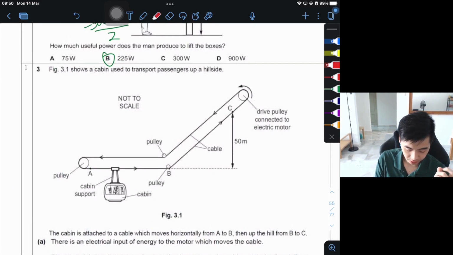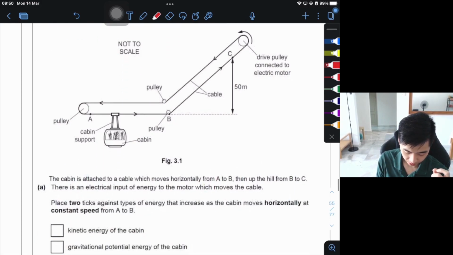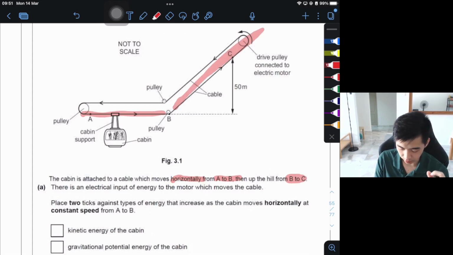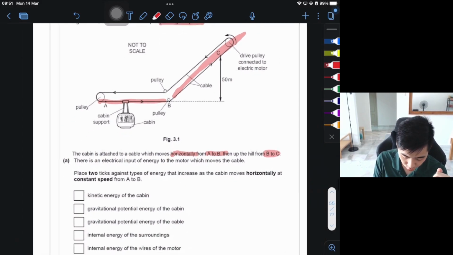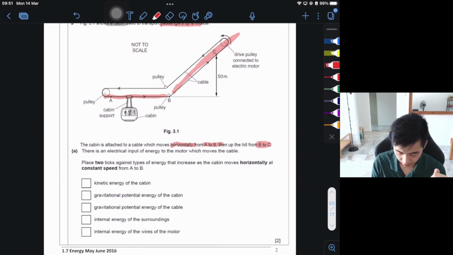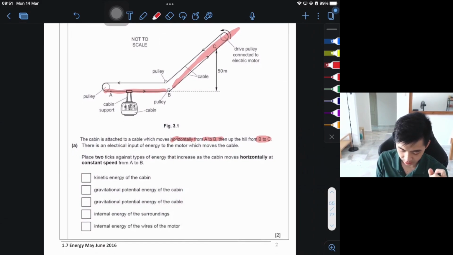First and foremost, it says that the cabin is used to transport passengers up a hill. The cabin is attached to the cable which moves horizontally from A to B, and then uphill from B to C. There is an electrical input of energy to the motor which moves the cable. Place 2 ticks against the type of energy that increases as the cabin moves